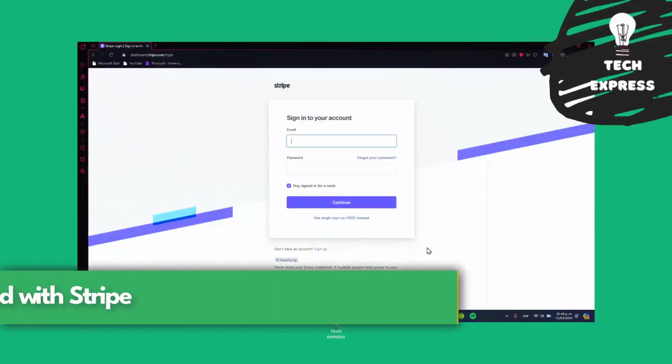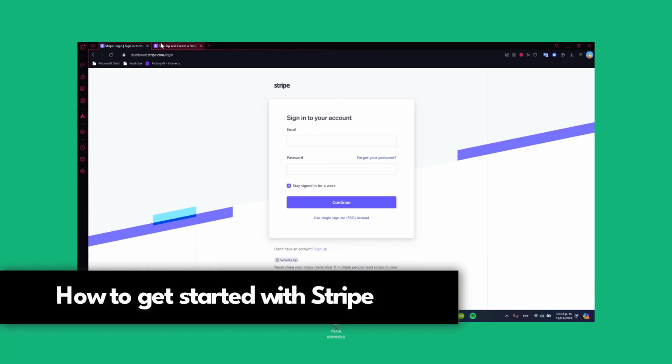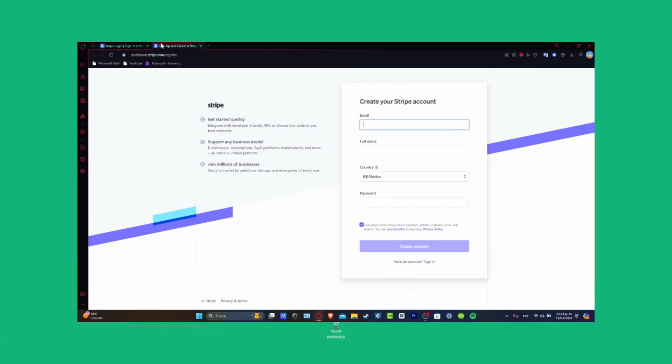So you wanted to use Stripe like a pro. You are in the right place. I'm going to be showing you how to use Stripe in a very easy way. I'm going to leave you guys a link down below in the description so we can all get started totally